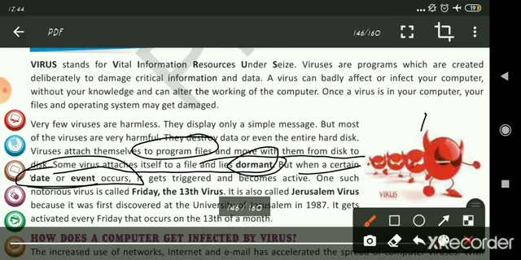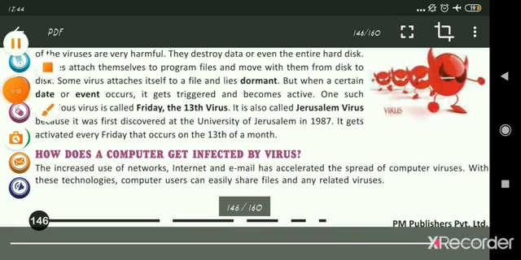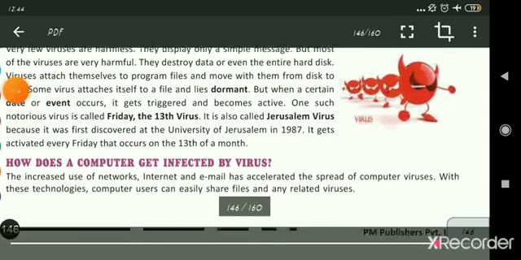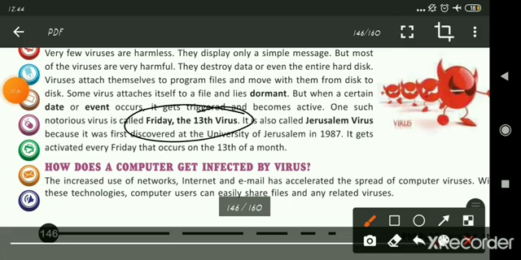One such notorious virus is called the Friday the 13th virus. This is very important, students. You must remember it. Friday the 13th virus. It is also called Jerusalem virus.